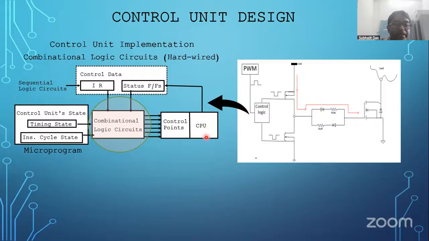Here we will be using the control points, that's basically the CPU part. The CPU part is nothing but the program part. There are some combinational logics, some control unit states, and the sequential part. This control logic, which is responsible for making the PWM, you can find